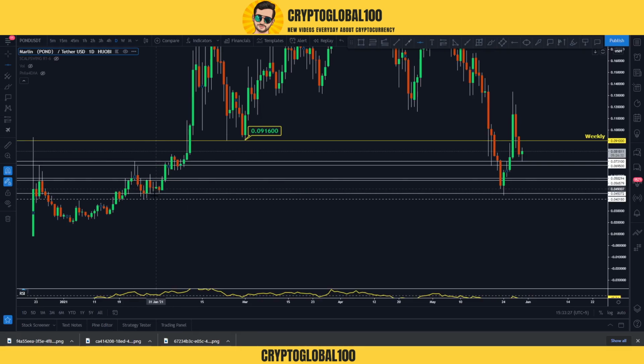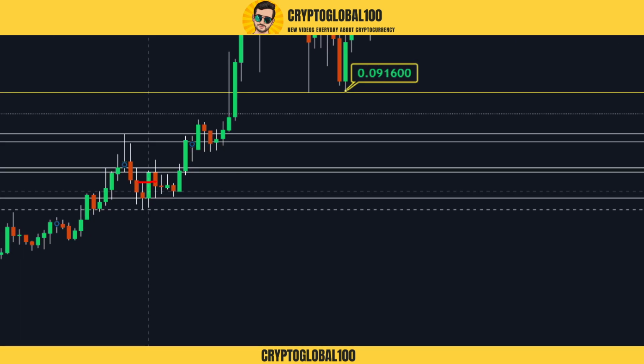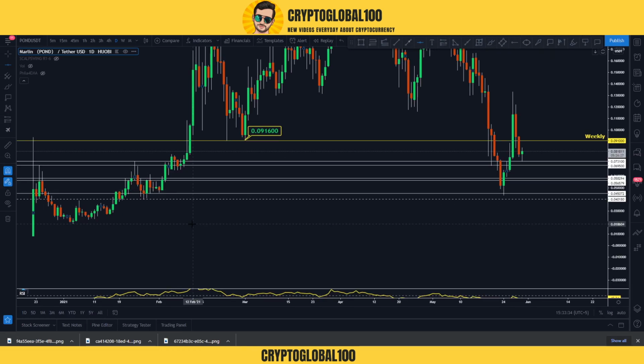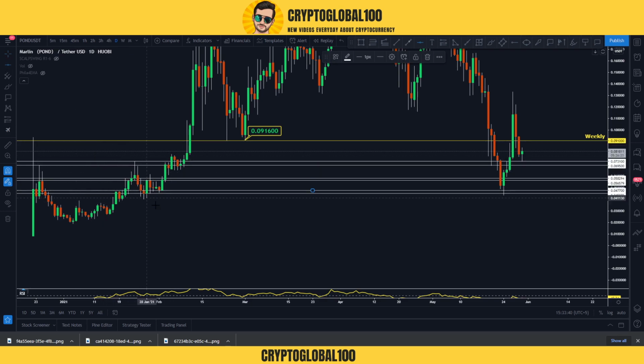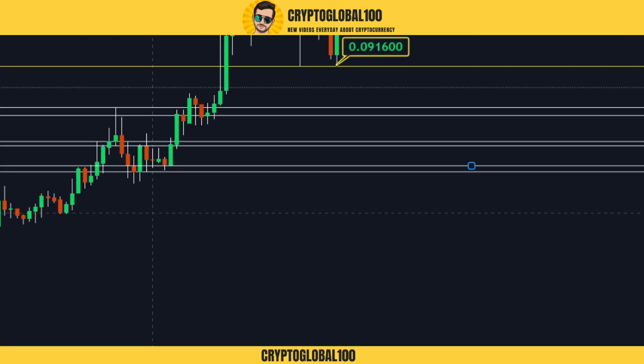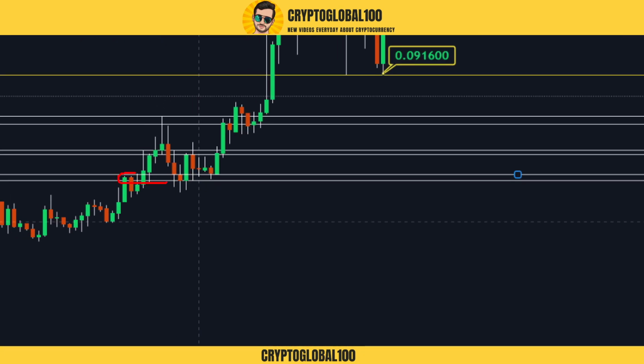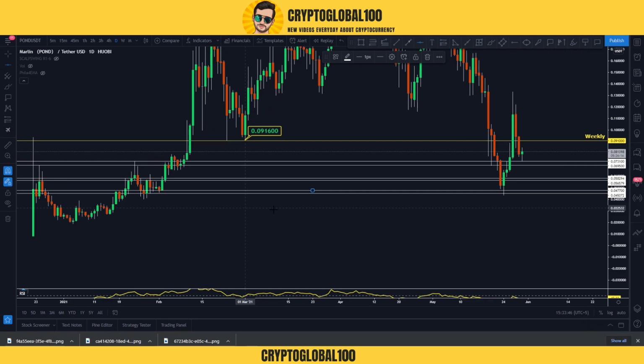You have to draw everything, you have to draw the wicks and you draw the body as well. That's how you can easily mark the levels. For example, let me mark another body zone around here. Now this is a good zone, you can see here, this is a good zone. We got good levels around this area, and the next area would be, I think, let me go to